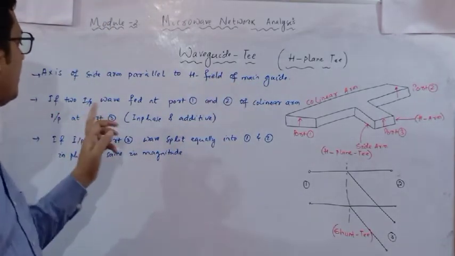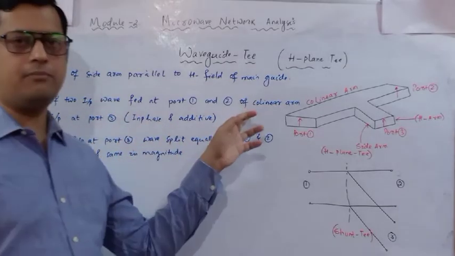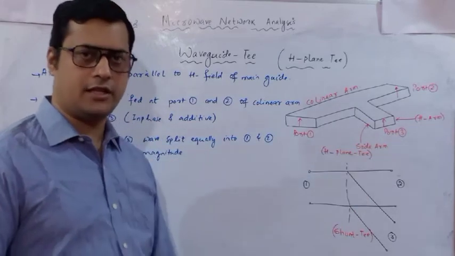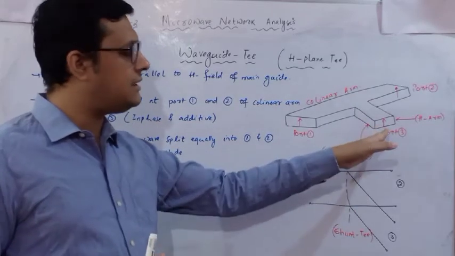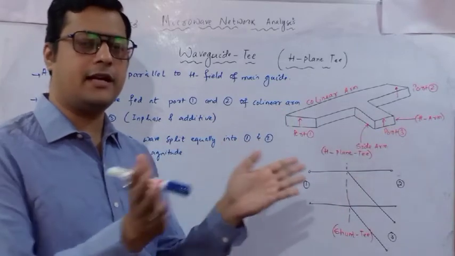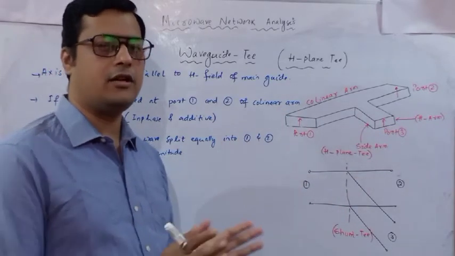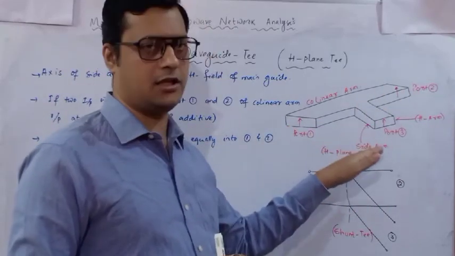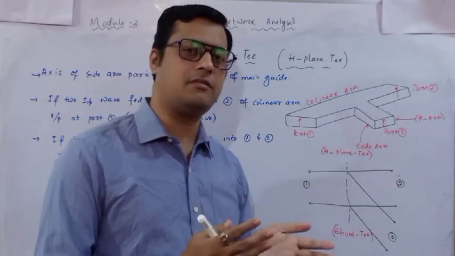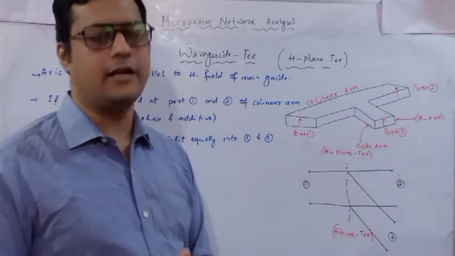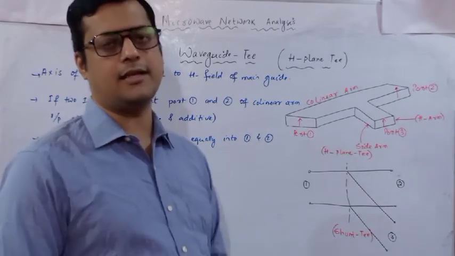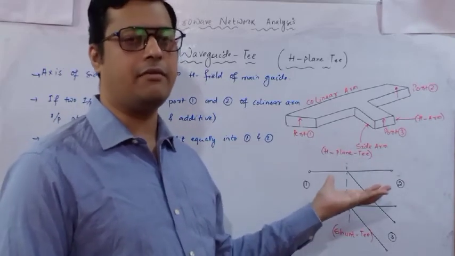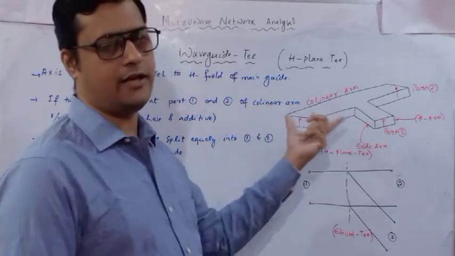Similarly, if two input waves, as I have told, are provided at port 1 and port 2, then the resultant value will be obtained at port 3. Vice versa, if the power is fed at port 3, then it will split into two equal powers at port 1 and port 2 in phase with respect to port 3. But if I ask what the power relationship between port 1 and 2 is, then it is different: S12 is equal to minus S21. So these are the simple relations through which we can identify the scattering matrix for this H-plane T junction.